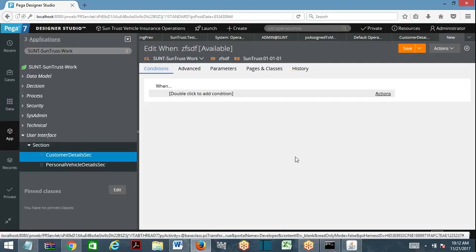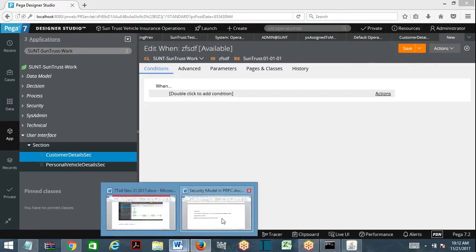See, operator 1 in the access group can have this privilege. Operator 2 in the access group can have this privilege, like that. So only those operators with the specific privilege have to execute one of the steps in the activity. Then you have to use this function: operator has privilege, execute the step, otherwise skip the step. So like this you can apply it in different ways in PRBC.